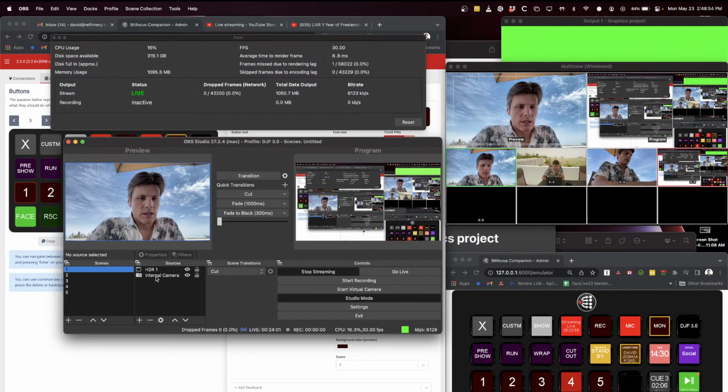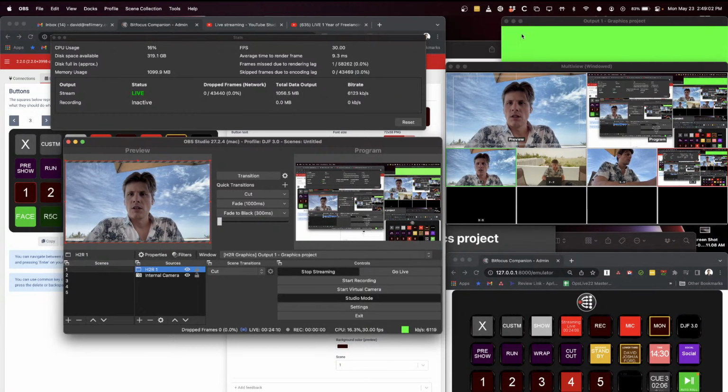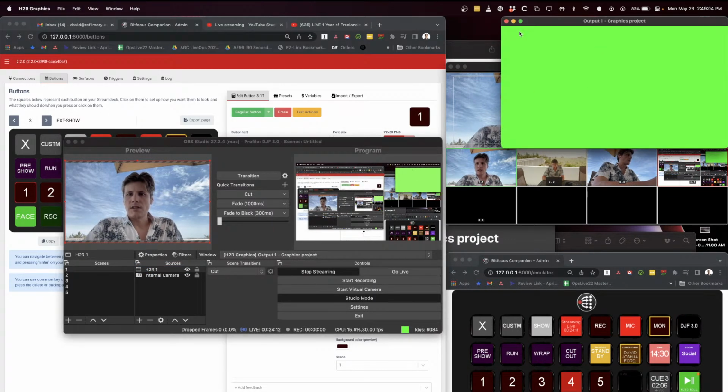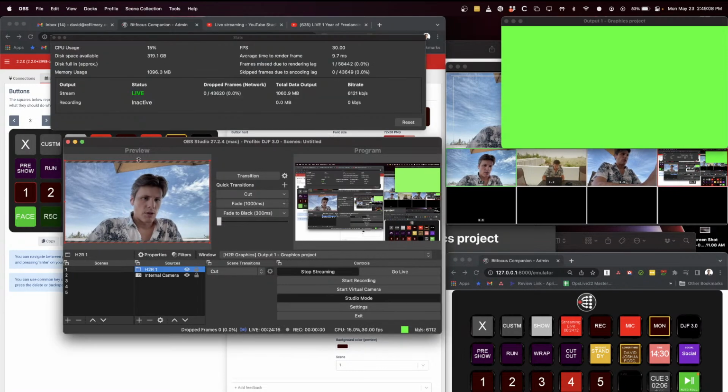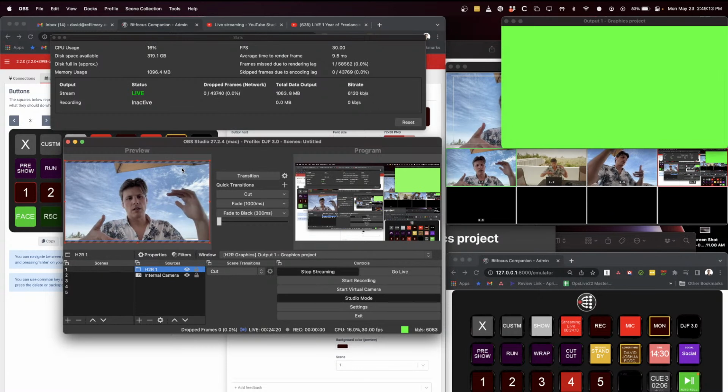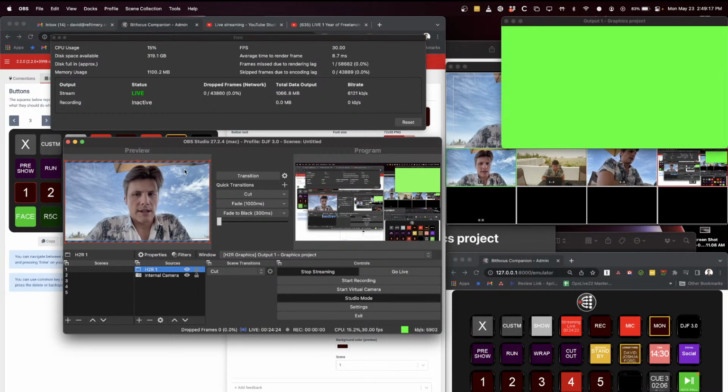So I've added in, this is my internal camera, the FaceTime camera, and then I've got an H2R overlay here, which is actually this screen. And so I'm pulling in this window, and you'll notice this little striped gray area here. It means that I had to make it a little bit bigger to get rid of the window bars around that. But when I bring on